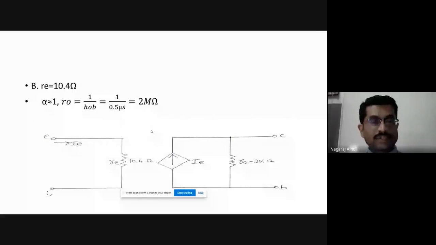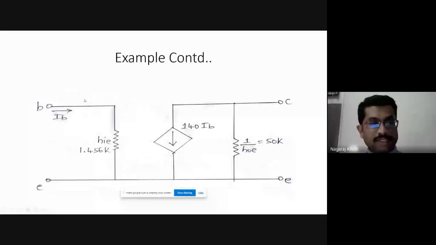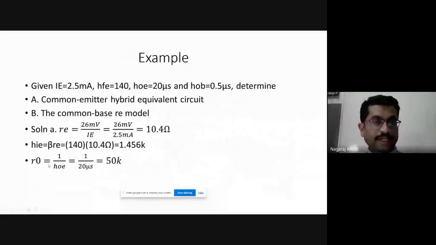Okay, right. Let us calculate the performance parameters. RE we have already calculated in the previous part. RE is 26 millivolt by IE. IE is given as 2.5 milliampere, so 26 millivolt by 2.5 milliampere will be 10.4 ohms. We get the same value because the input current IE is the same, 2.5 milliampere, for both common emitter and common base